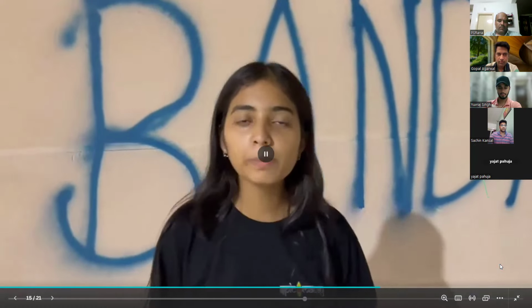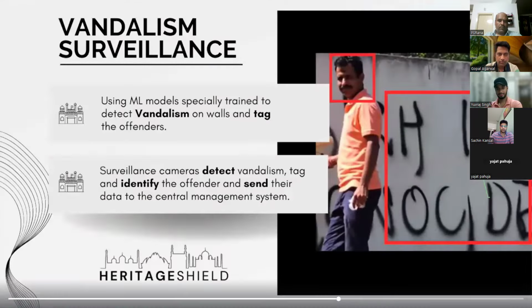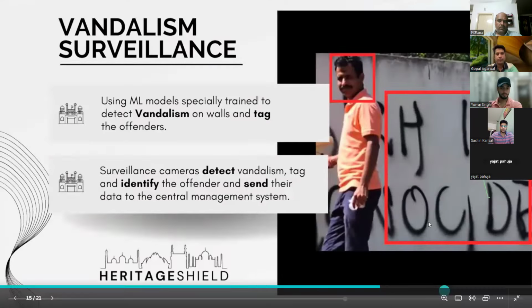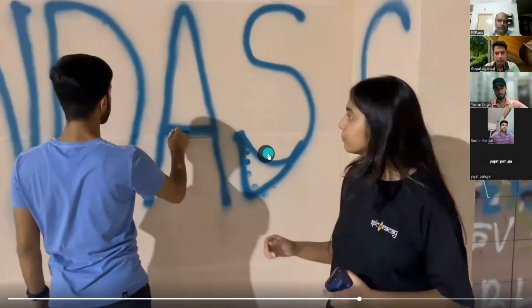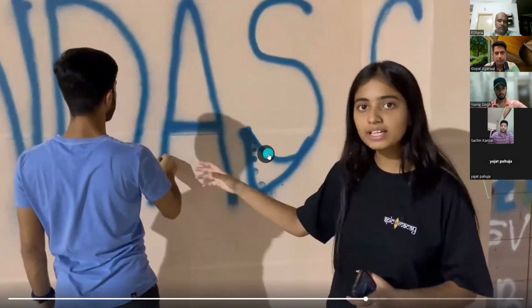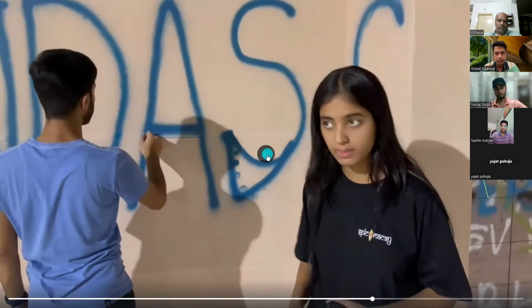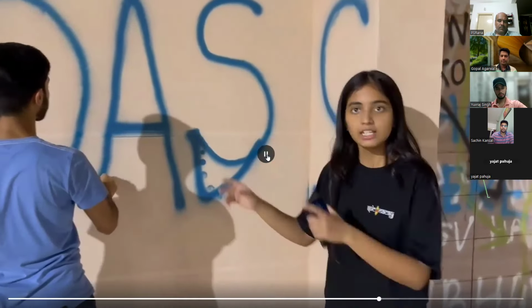Now we'll show how we're planning to implement the artificial intelligence model to prevent vandalism. We're planning to use YOLO V8, which will detect vandalism and differentiate it from the existing posters, informative posters, and the existing textures of the heritage site. When the vandalism is detected, the model will check if the body pose of the person aligns with the increasing size of the coordinates of vandalism. If it matches, the person is tagged as an offender. If the data set of their face scan is available,